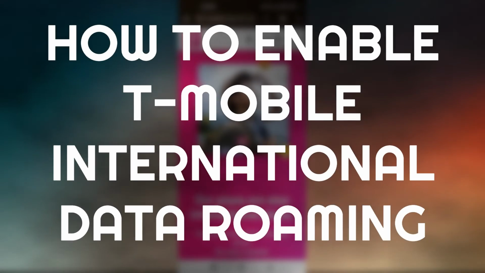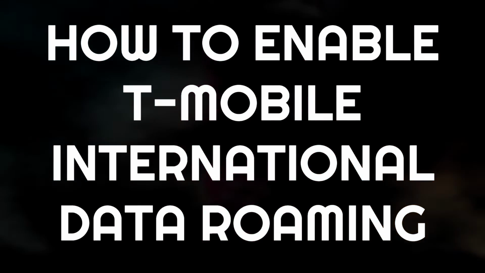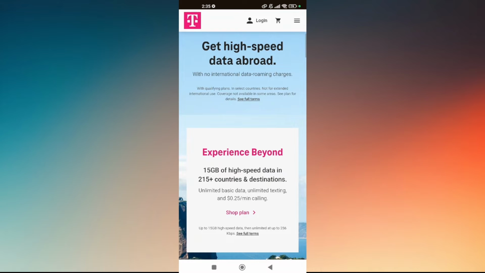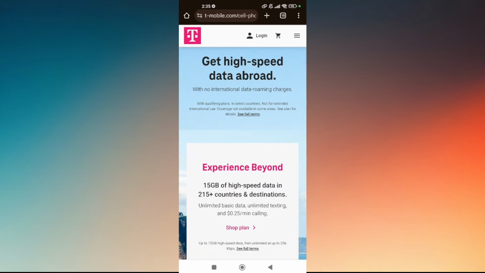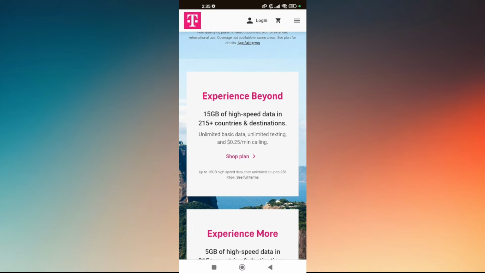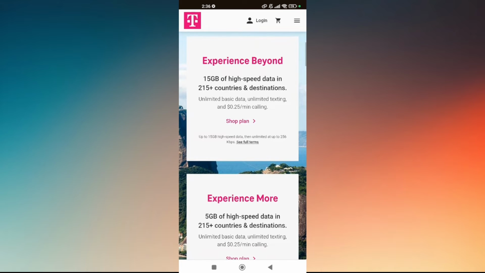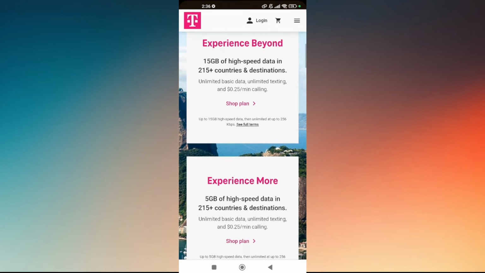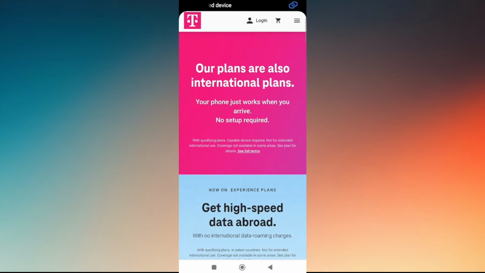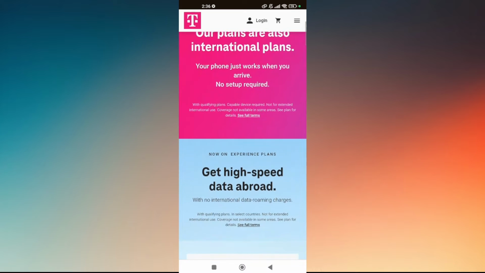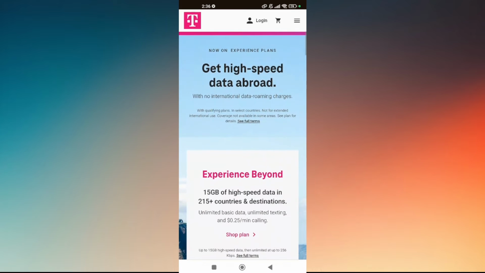How to enable T-Mobile international roaming. So what you want to do first is actually check if your current device is applicable to use international roaming. Before you purchase any international plans on a T-Mobile subscription, all you have to do first